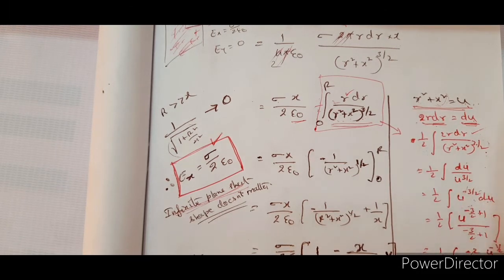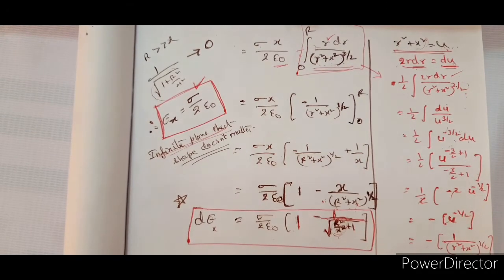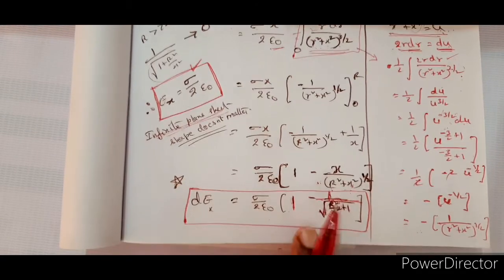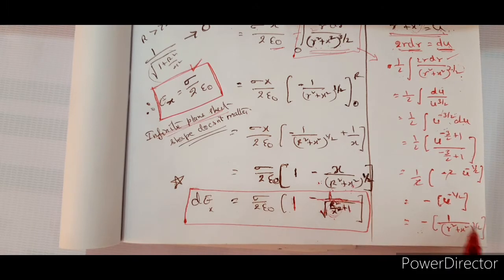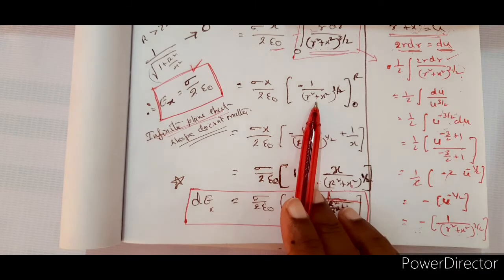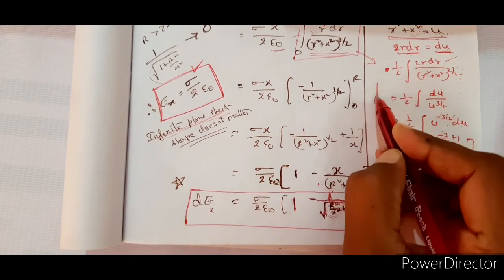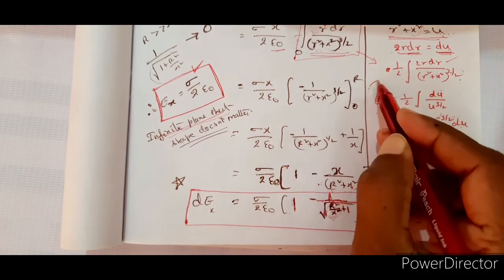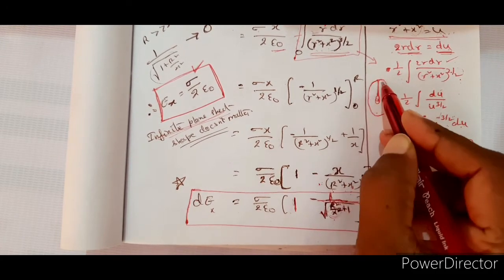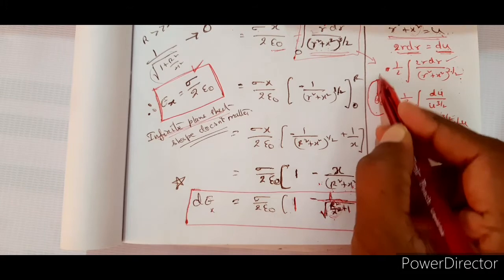So now on integration, you are getting this as a final answer, that is minus 1 by (r square plus x square) whole power 1 by 2. Fantastic. This one you are bringing it here. Now the rings start from the origin and spread out till capital R. So the limits are 0 to R.